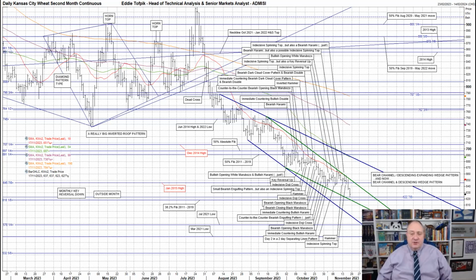Looking at the action since August, I saw a possible descending expanding wedge pattern, currently 592 to 687, which is highlighted in dark blue on my daily chart. This is not the best example of such a pattern, but as I said last week, and I quote, it does hold merit, and I would look to this pattern for some immediate idea of the move downwards, end of quote. Well, it does hold merit, but I have also seen the development of two new patterns,